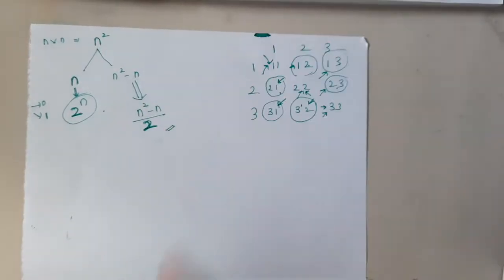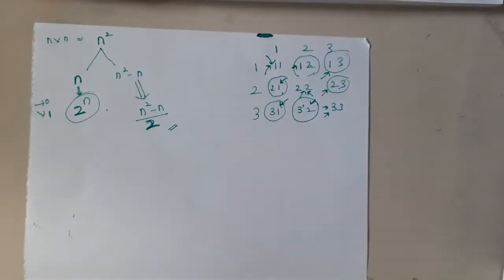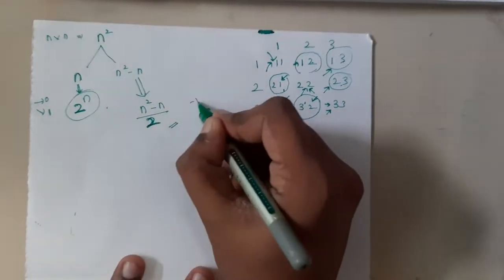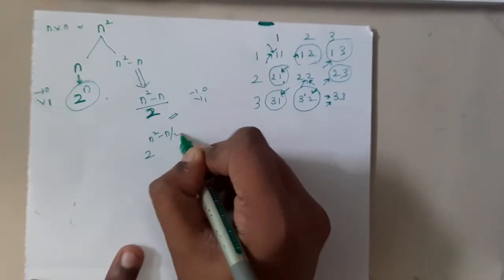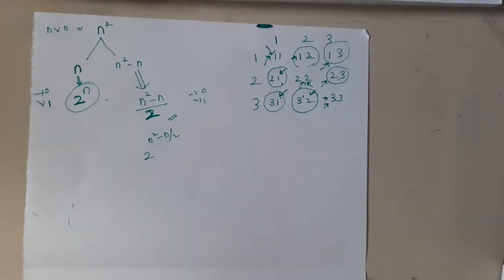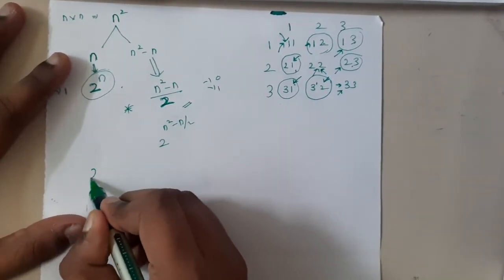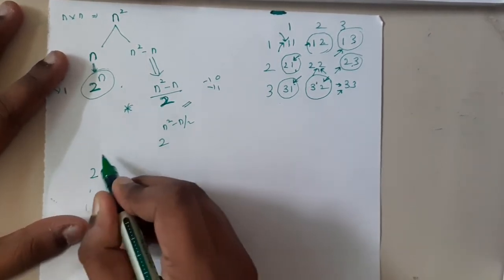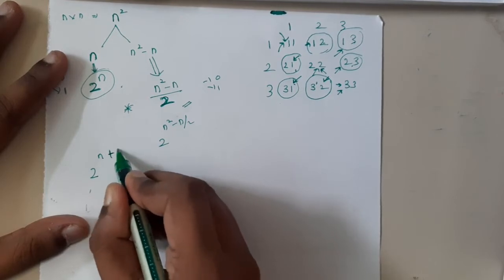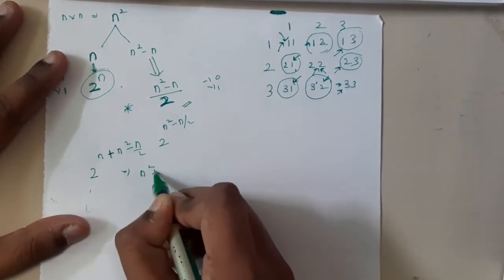Because now the combinations have been halved, right? So now again, these guys could be there, could not be there. There is no force, right? Again, there are 2 options here also, 0 and 1. So it is nothing but 2 power n square minus n by 2. Okay, so here we got 2 values, so we can directly multiply them. If we multiply, the powers will just add up, right? So that is nothing but n square plus n by 2, right?